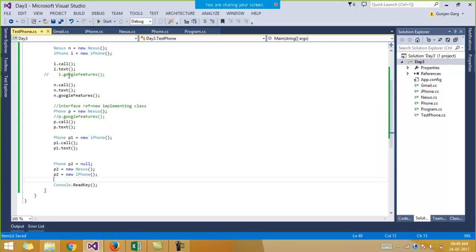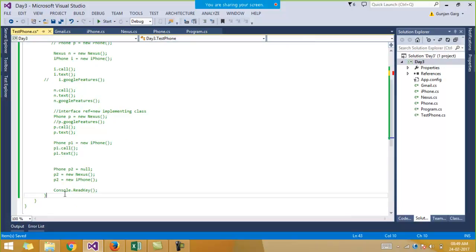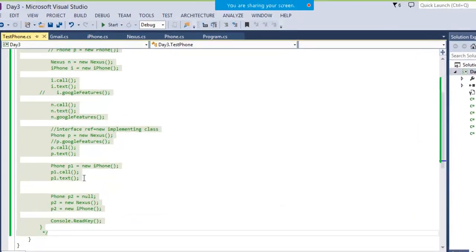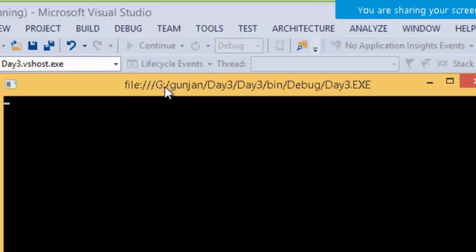So let us see, if I comment this main function of the test phone class, and now if I run it, I am simply opening the browser and then taking it to the URL.